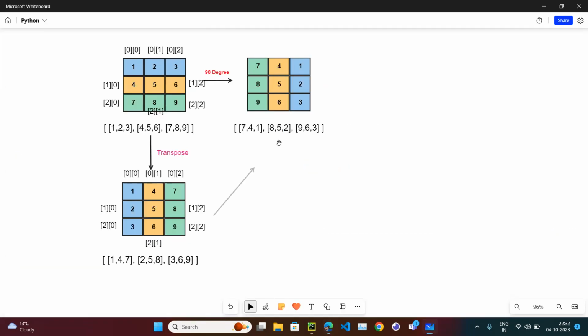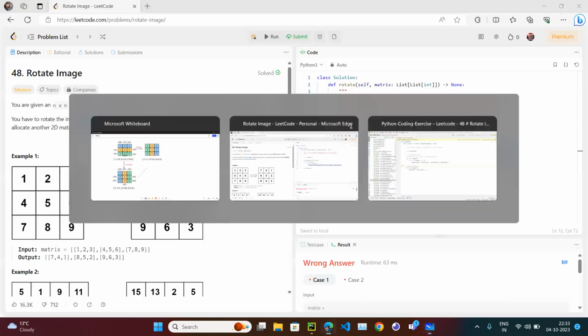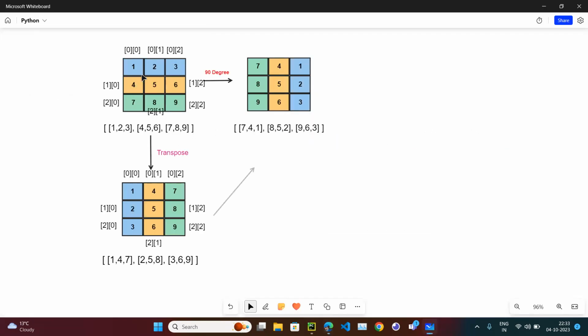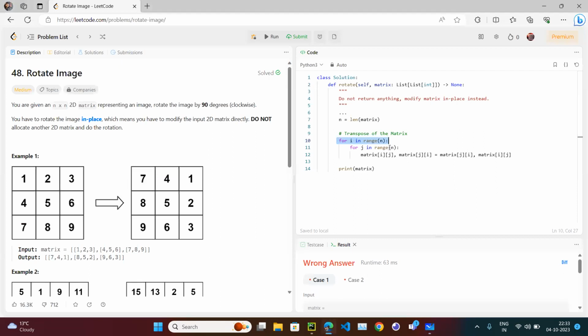So instead of this, what will happen? We will scan all the rows, all 3 rows. But for the columns, we pick the first column, so 2, 3, which is fine. But when we come here, are we going to pick 4? No. So if we are not going to pick 4, which column are we going to pick? The second column. So when we pick the column, we are going to start from i plus 1. Now if you run it,